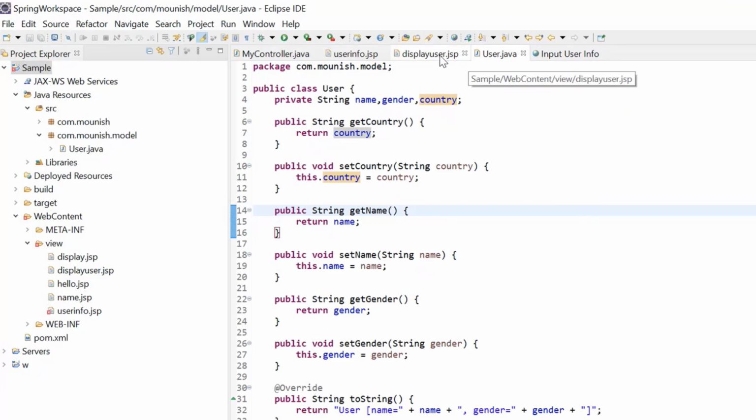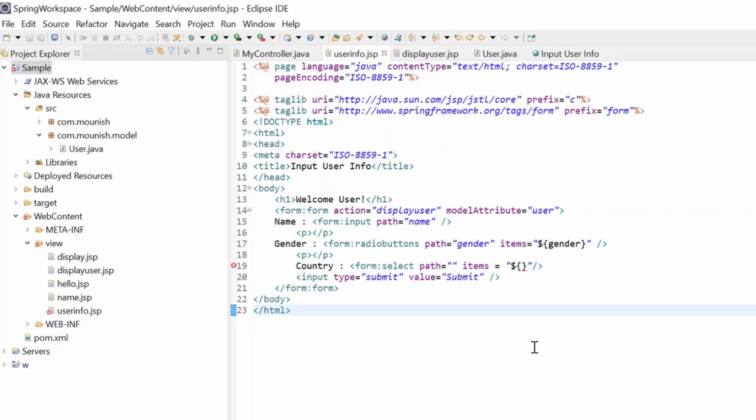I'm having the user, I'm having the display method, I'm taking the inputs. So here the only thing left is these two. Let the path also be country, since I've given the variable over here for country. So the only thing left is my items. Okay, anyway, I've decided to give country itself. So let me save it. This will be showing me an error in the background.